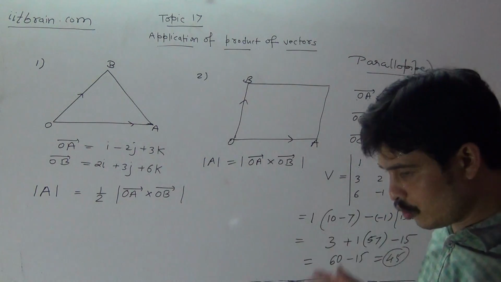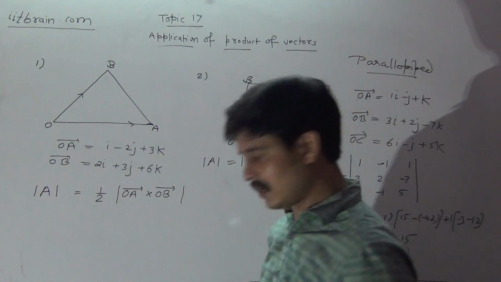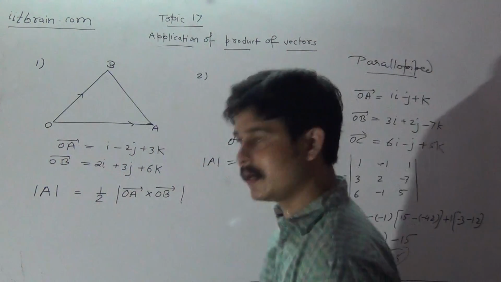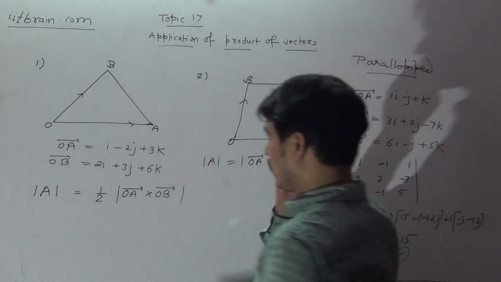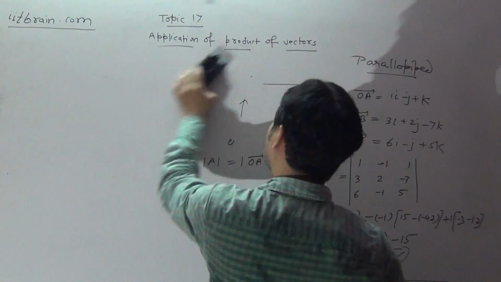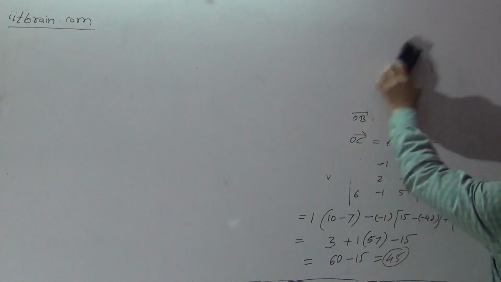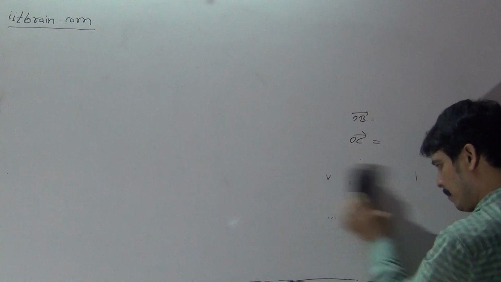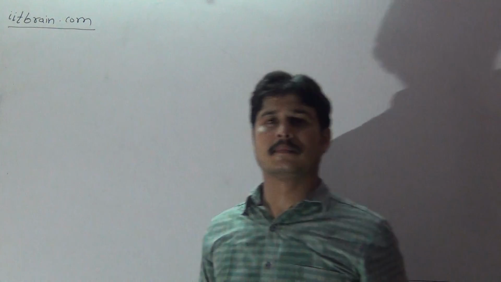तो पैरेललोपाइड का वॉल्यूम कैलकुलेट करने में, किसी पैरेललोग्राम का एरिया निकालने में, किसी ट्रायंगल का एरिया निकालने में, एक वेक्टर दो वेक्टर्स के परपेंडिकुलर वेक्टर कैलकुलेट करने के लिए, और हाउ टू मेक क्रॉस प्रोडक्ट, दीज आर द टॉपिक्स एसोसिएटेड इन दिस लेक्चर। ये एक बेसिक थीम है, मैथमेटिक्स में भी वेक्टर्स एक लेसन है, तो वहाँ पर आप इससे ज़्यादा एडवांस थ्योरी सीखेंगे और डिटेल्स में सीखेंगे। अभी फिलहाल आप अपनी फिजिक्स को एक रन मूवमेंट देने के लिए ये सब स्टडी करें। तो यहाँ पर एक बेसिक डिस्कशन कंप्लीट होती है।